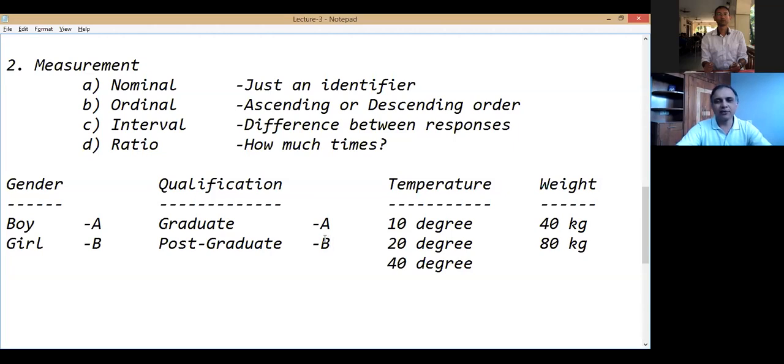If a person ticks the first category, up to 2, and one ticks the third category, it means the person who ticked the third category, 5 or more, certainly has more kids than the person who ticked the first category. And see the beauty. Neither do I know how many kids exactly the first person or second person has. I don't know that. But still, I can infer that the person who ticked the third category has more kids. So it comes out as ordinal.